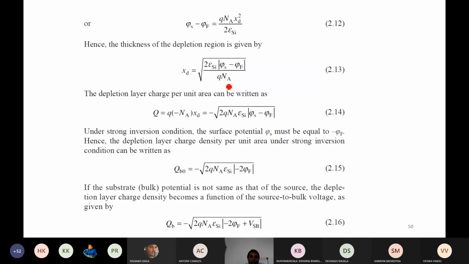And further, the depletion layer charge per unit area can be written as follows. We know that in the depletion region acceptor type ions are there, so Q multiplied by acceptor type ions, and then for the total charge we need xd. Xd is the depletion layer region thickness. So completely Q minus Na into xd must be multiplied all together. This is the depletion layer region charge.